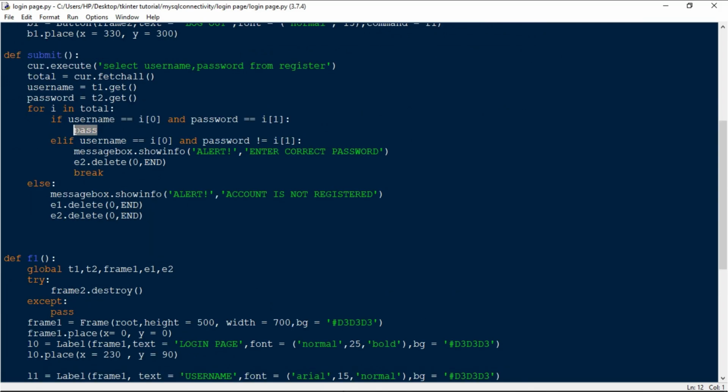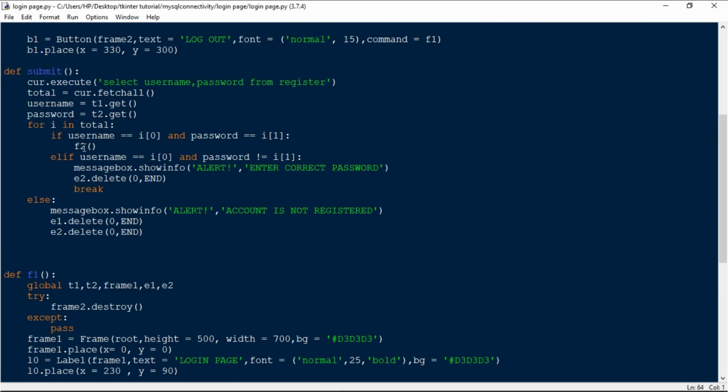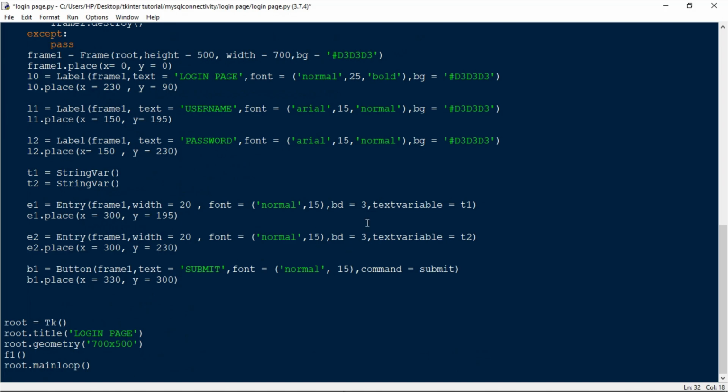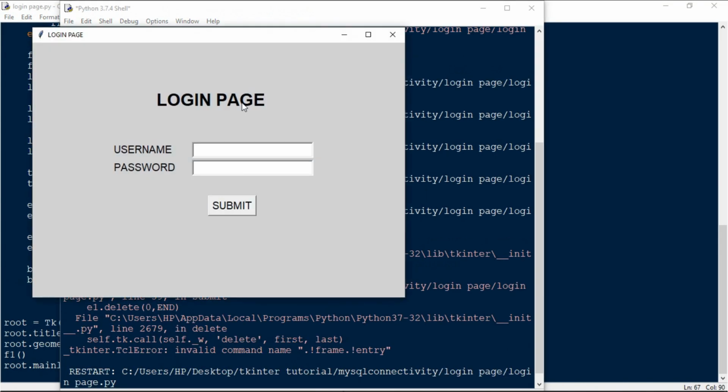Okay, I have to call this here. So I'm going to return the value here. That was the error. So it is return F2, and then one more thing which we missed was inside entry field 2, since it was a password, we have to show only the star. So yeah, it should work fine now.